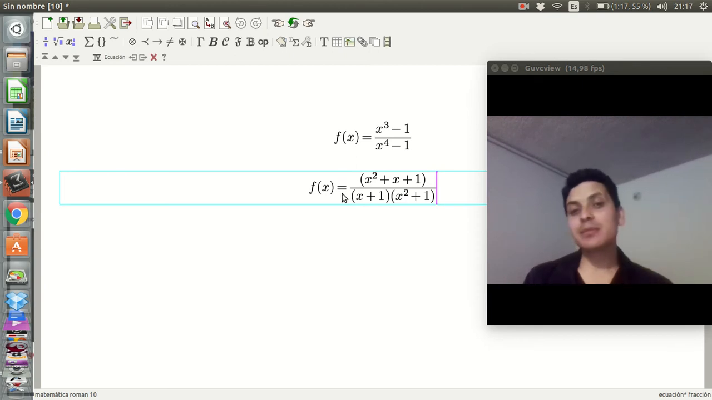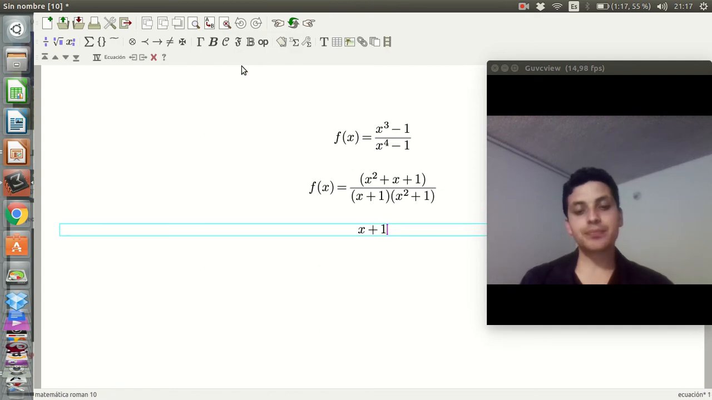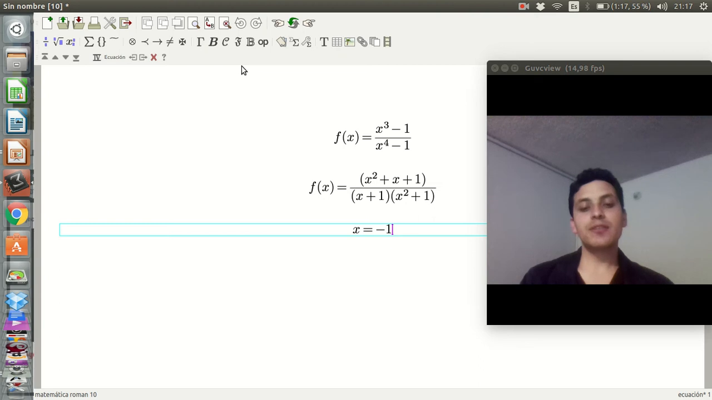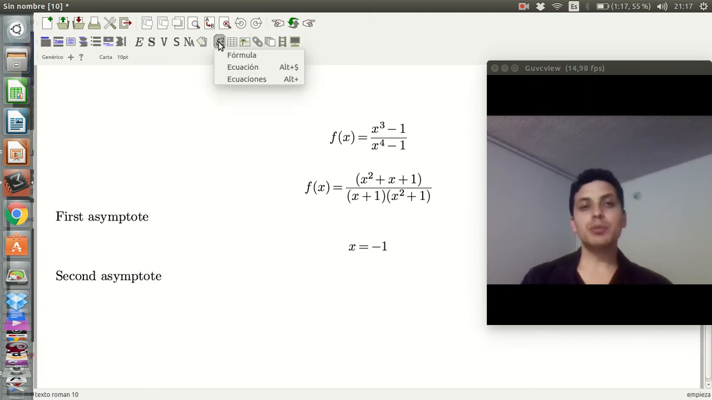It means that for q different than 0 here, we have an asymptote. So the first asymptote is found by setting x plus 1 equals 0. So we just need to solve for x equals minus 1. This is the first asymptote. So let's write it here. First asymptote. And the other asymptote, second asymptote, should be